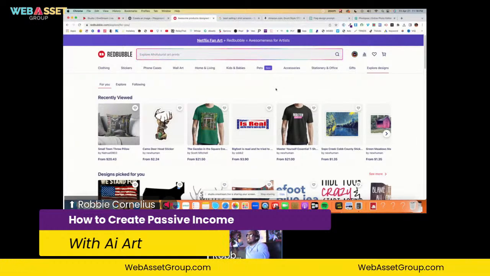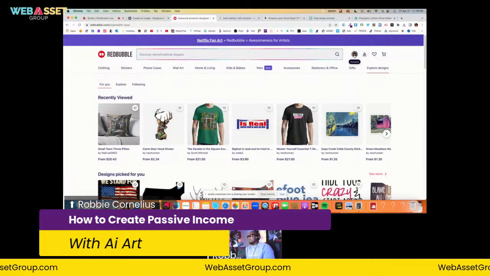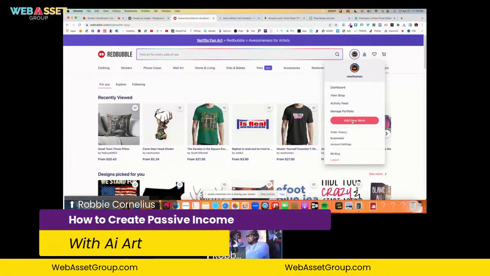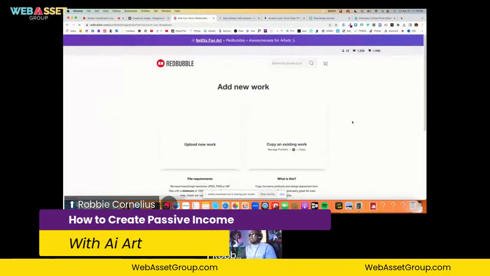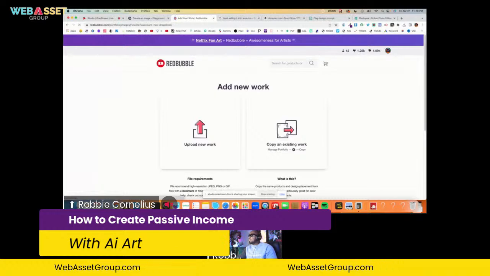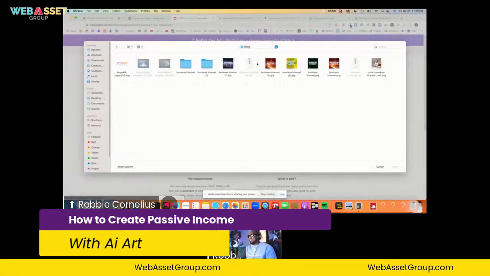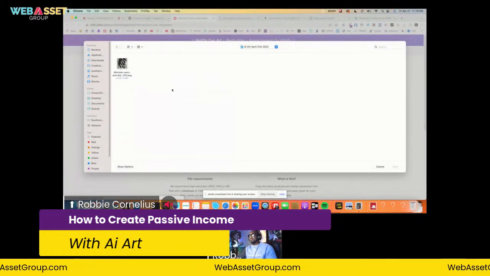It just makes money for me over and over again. Okay? Easy. You click on your little icon here. You need a free account first and foremost. But once you got your free account, you're going to click on it. You're going to upload your new artwork just like that. It's not complicated. It's very, very simple.